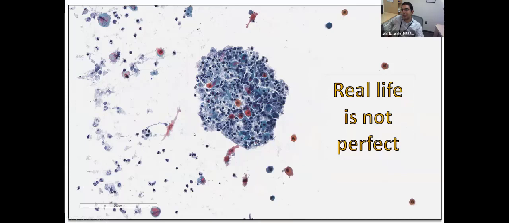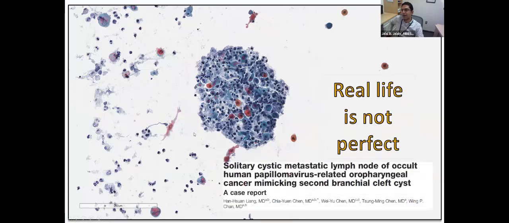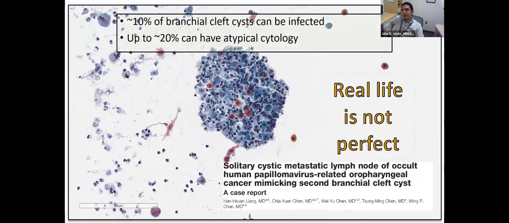So what do you do with these cases, especially given the fact that the literature is full of cases that are benign and masquerading as malignant, or the other way around, where a cystic metastasis was initially missed as a branchial cleft cyst. What complicates this picture further is that about 10% of branchial cleft cysts can be infected, and that's usually the trigger that brings them to clinical attention, is that there is an infection that makes this cyst that was congenital and was there all this time apparent to the patient and their clinician.